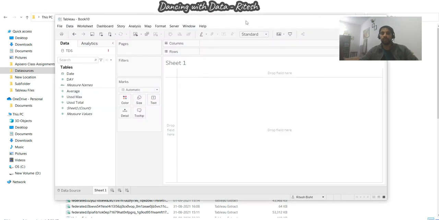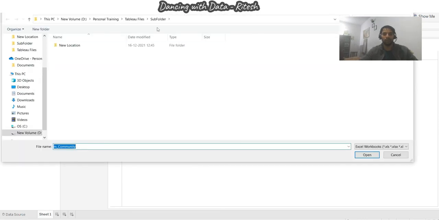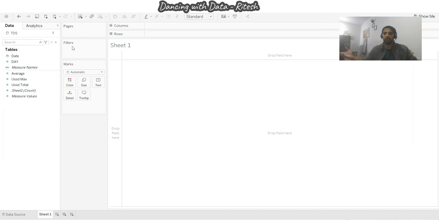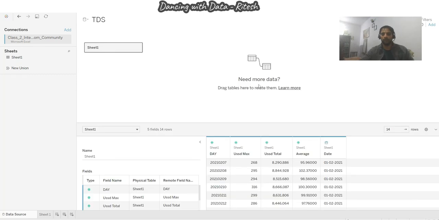When I open this TDS file, you can see this red mark over there. That means my sister has put it somewhere else and I'm trying to find it out. And it's like this red mark, I'm not able to connect. And I go to the data source. Now if my sister tells me the new location, I'm good. I'll go to that location. But if I don't know, then I'm in a bad situation. Now I'm fine. She told me the location and I'm good.